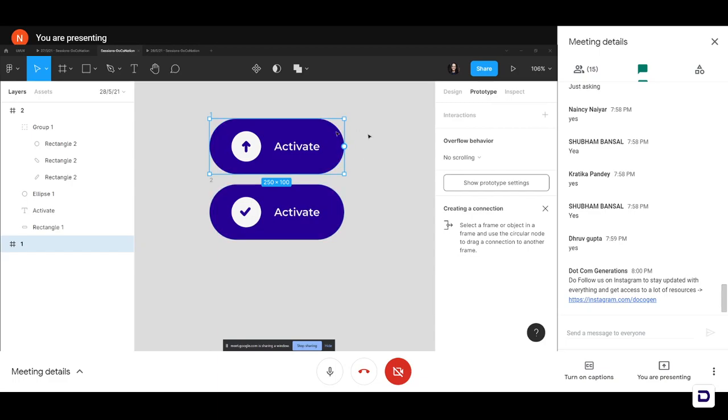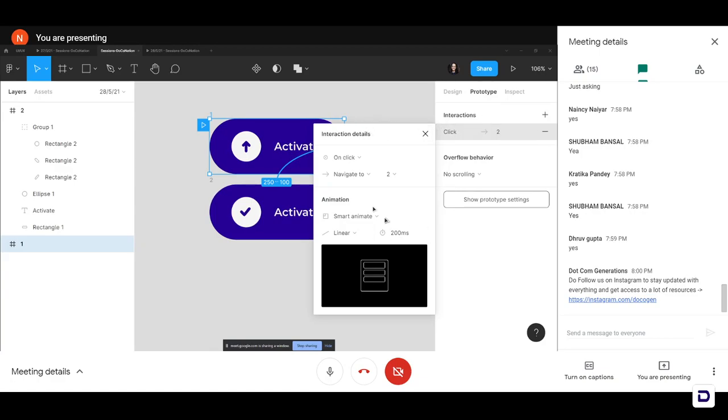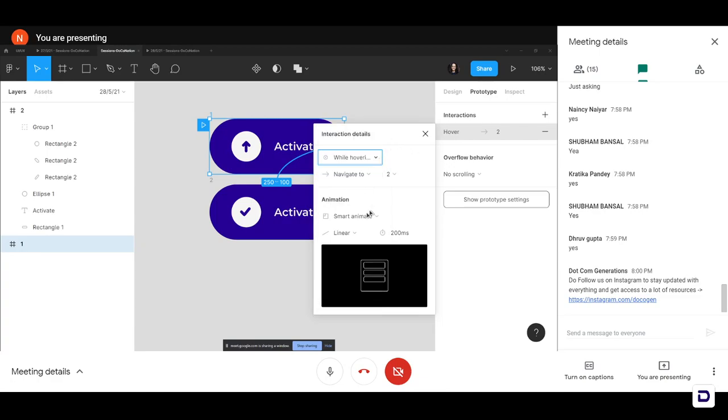Or you can look at this little frame, you can see this little dot. You'll just have to click on the plus icon and drag it to the next frame. And once you do that, you'll be able to see this interaction appear, which will say on click navigate to. We will change on click to while hovering, and the animation will be smart animate.